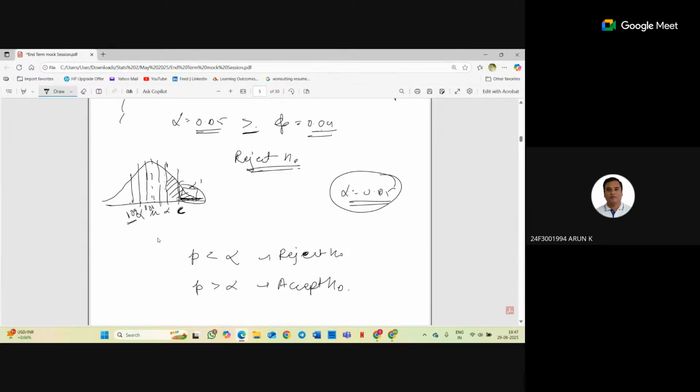Madam, could you please write, madam, X bar less than C? That is the condition, right? Rejection region for the left tail. Yes, yes. So now we are calculating, and at different times P and alpha are there. So how can we correlate this? Sir, that is the normal method, sir. Value less than the C, this we can be very clear. So for this, okay, C less than, P is less than C.